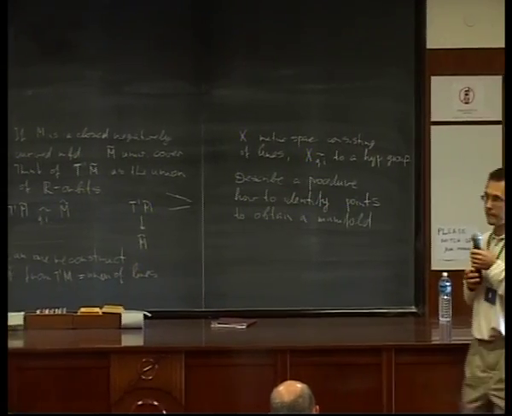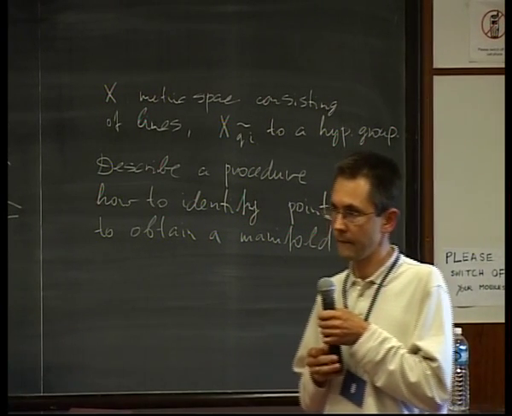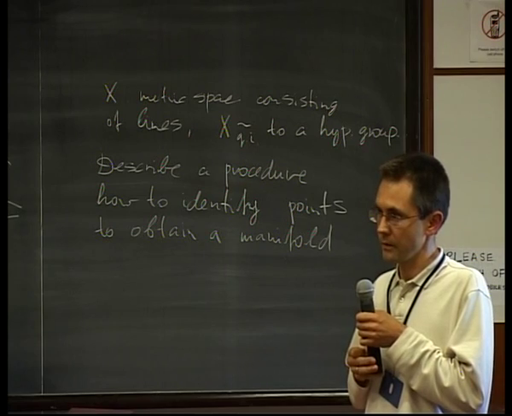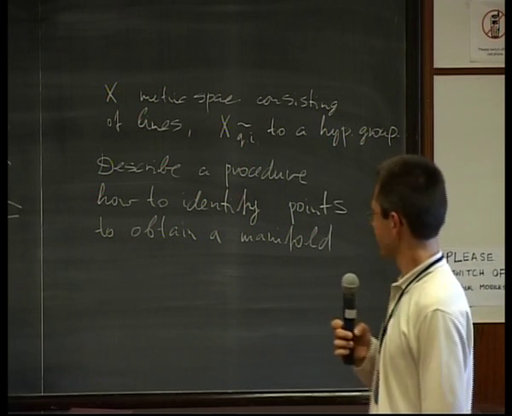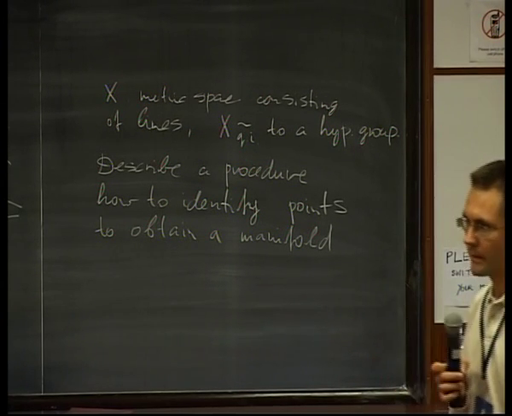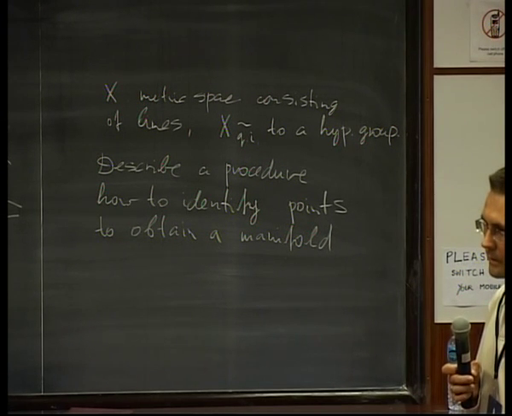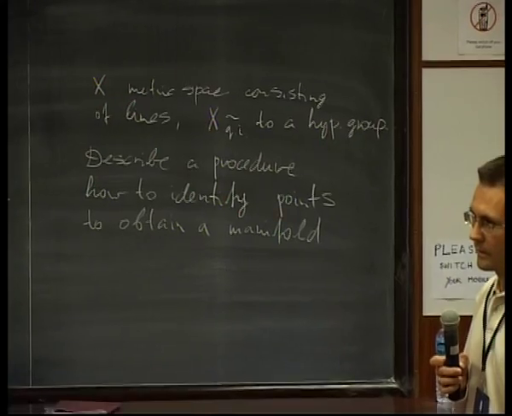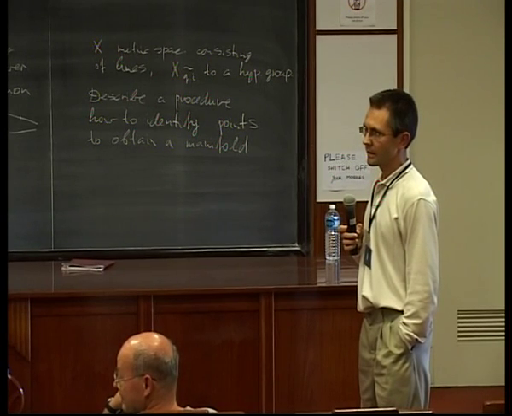Could you remind us of the status of the question of two manifolds with negative curvature with the same fundamental group being homeomorphic? Is it still open? I don't know. It's still open for me, at least. This is a question from Raman. If you take two manifolds of negative curvature with the same fundamental group, it's quite easy to see that their real tangent bundles are canonically homeomorphic. The question is to go from this homeomorphism of the real tangent bundles to a homeomorphism of the manifolds. A few years ago it was still open, maybe it's not open today.